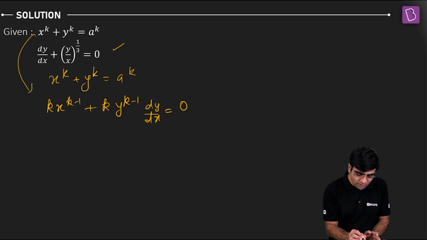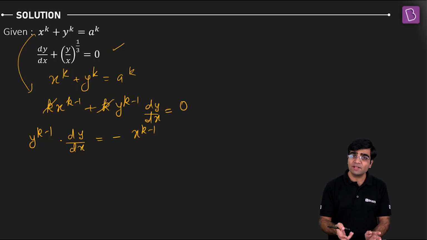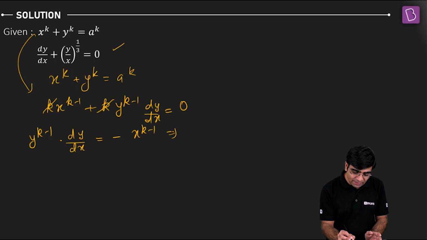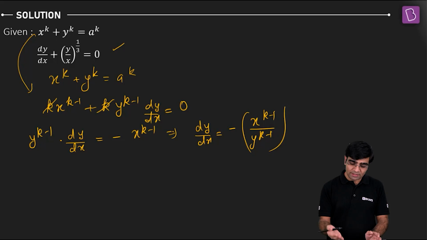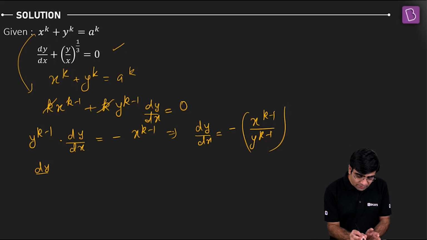Let's do the adjustment. So k and k got cancelled from this equation. So I can say that y raised to k minus 1 into dy by dx is equal to minus of x raised to k minus 1. Right? I can take that y raised to k minus 1 on that side. So I can write this as dy by dx is equal to minus of x raised to k minus 1 divided by y raised to k minus 1. Okay, let's rewrite it and bring that entire thing on the left side. So what do I get here? I got dy by dx plus (x by y) raised to k minus 1 equal to